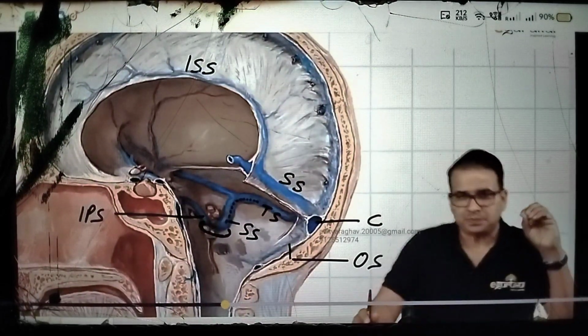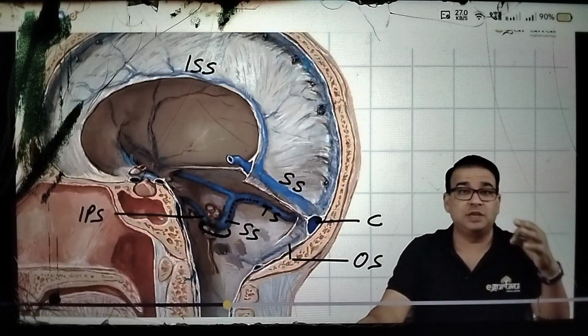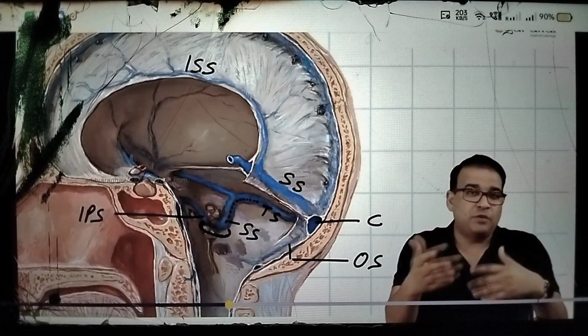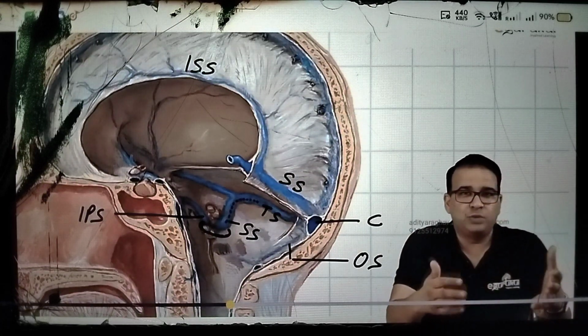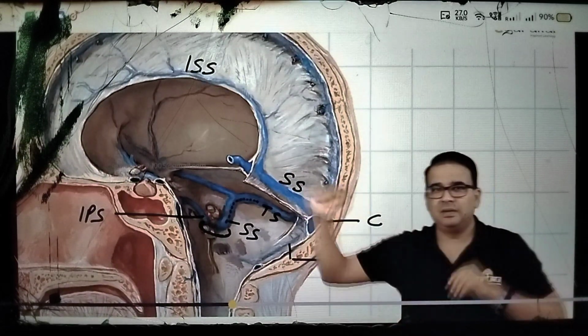Two questions for you here. Question number one, we said that out of all the dural venous sinuses, two sinuses are present only in the meningeal layer of dura mater, the ones which do not have contribution from the endosteal layer. Well, how will you identify them? Well, the sinuses which are away from the bone. If a sinus is away from the bone, that means it has no contribution coming from the bone or from the endosteal layer. They are obviously made up of only meningeal layer, and those two sinuses are inferior sagittal sinus,